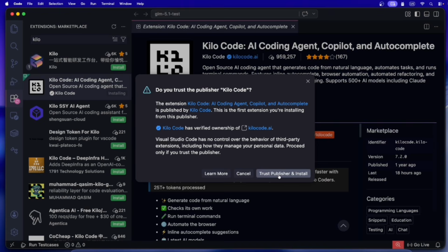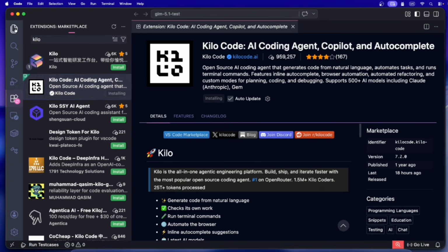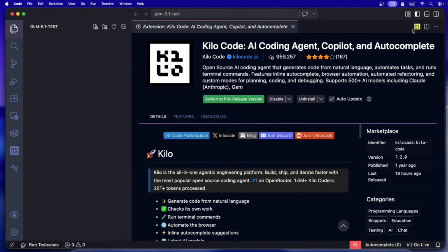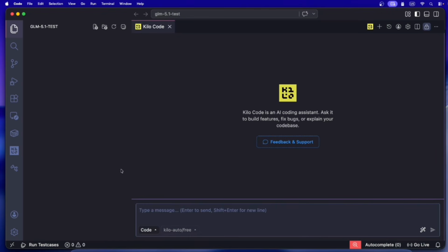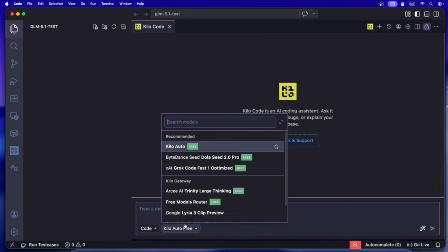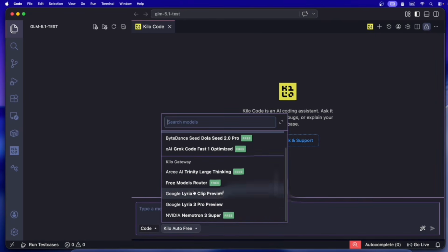So let me install it, trust this publisher, and after that, now here you will have the icon. You can simply click here. Let me close these. What you will have, look here, it automatically chooses the Kilo auto free model. You will have all of these free models available here,